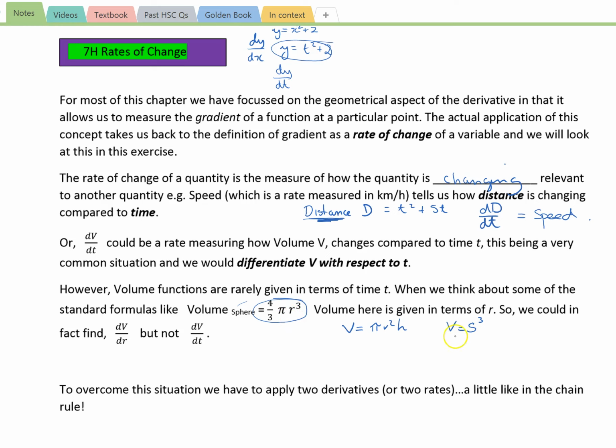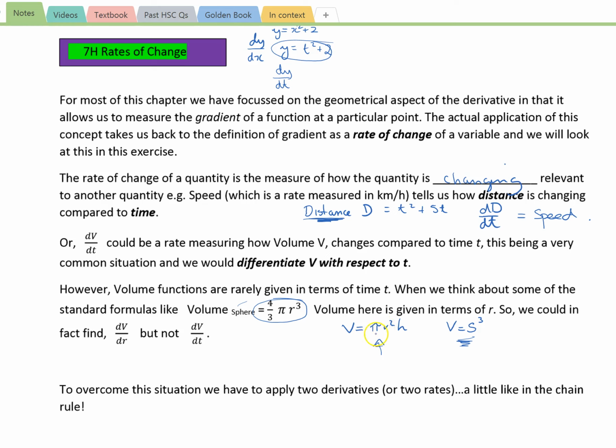Or if you wanted to know the rate of change of the volume with respect to the length of the side of the cube, this one here presents a problem, because do we want to look at the rate of change of the volume with respect to the radius, or do we want to look at the rate of change of the volume with respect to the height of the cylinder? Here we have a real problem. But like I said,